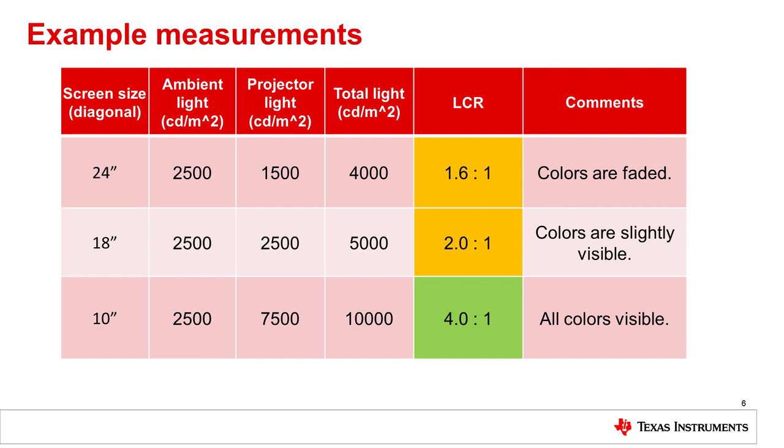For example, under ambient light of 2500 nits, a projector light of 7500 nits is recommended for a good quality screen image. Designing for 4:1 LCR under nominal conditions allows the image to remain visible under higher than nominal ambient brightness conditions.